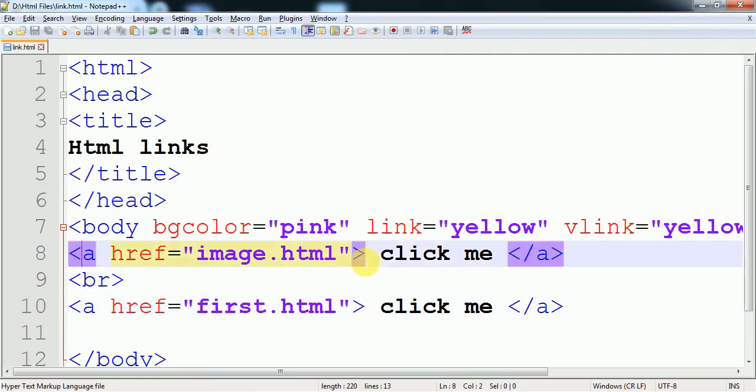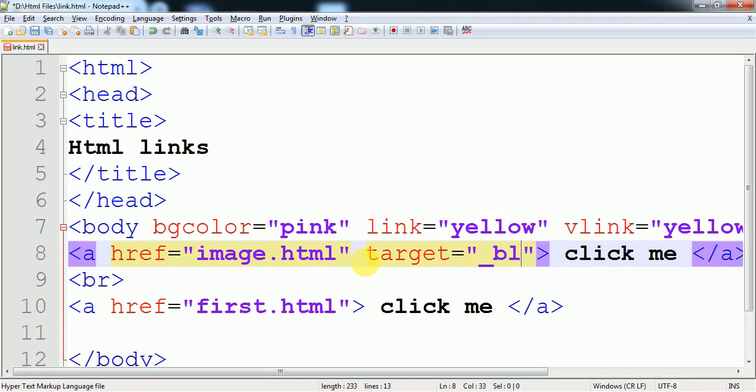One of its next attributes is called the target attribute, and I give the value underscore blank.